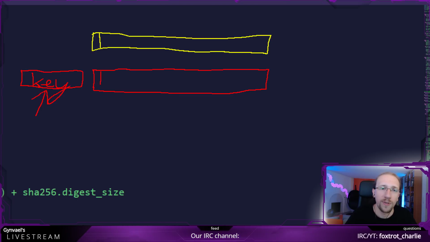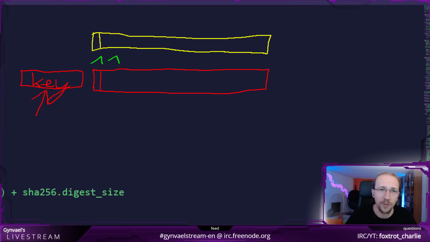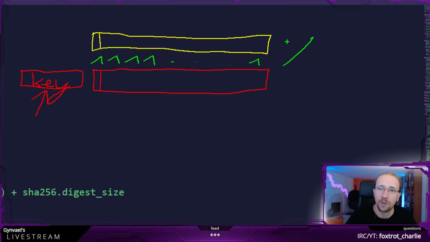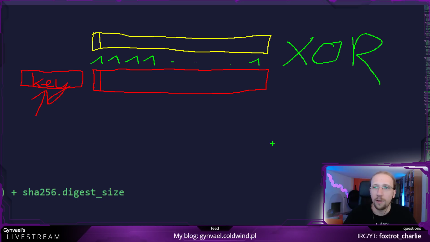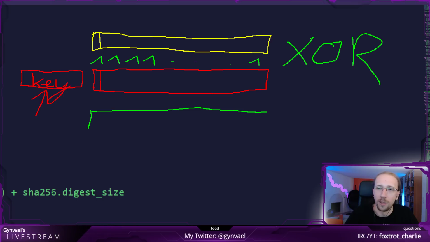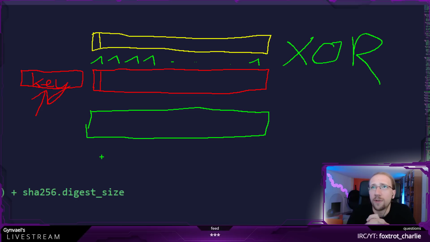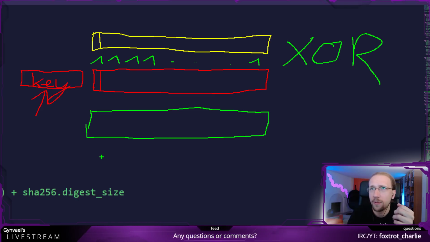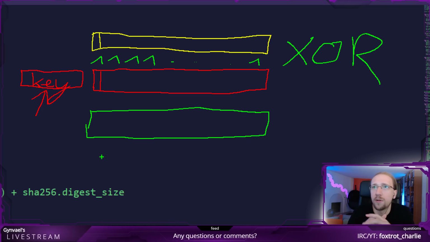And then what you do is you XOR one with the other. You XOR this bit, XOR the next bit, XOR basically all the bits. The output of the XOR operation is obviously the same size, and it is going to be your encrypted data. This scheme is not only used in stream ciphers, it's also sometimes used in block ciphers, but it's pretty popular anyway.